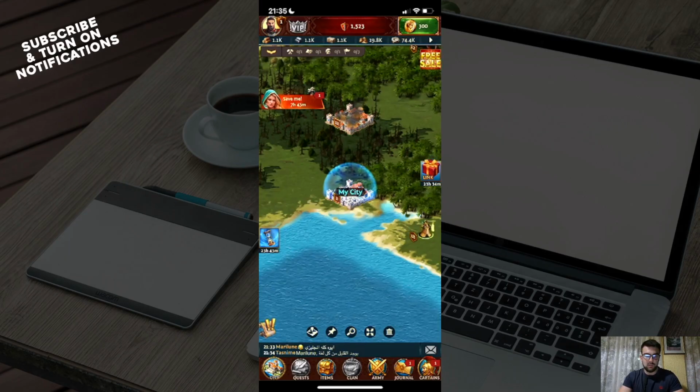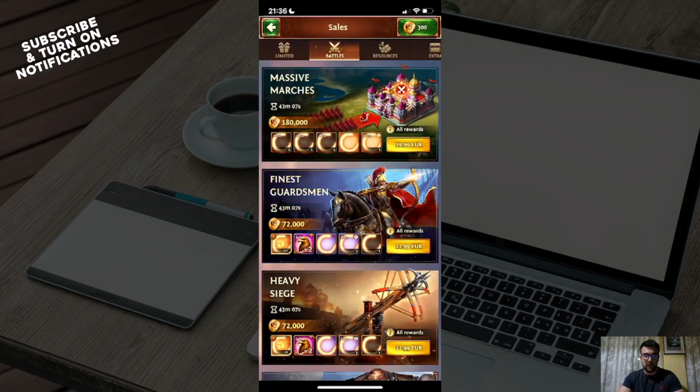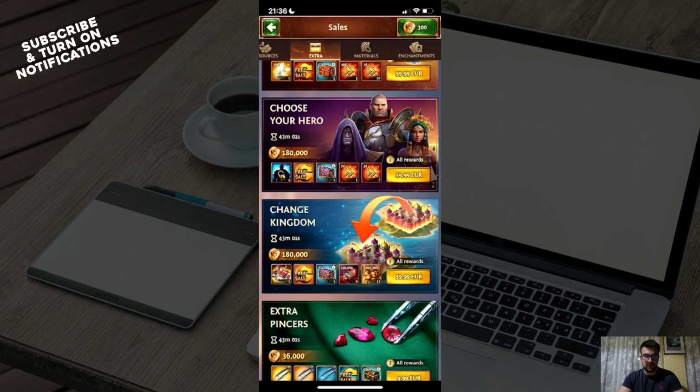you will need to get to that specific sale as it says here, so you can get to your sales. So you will need to get inside that Triumphal Challenge event. So it's a specific event that happens from time to time. So you can see total development, from battles to resources to extra. So you can see some specific stuff